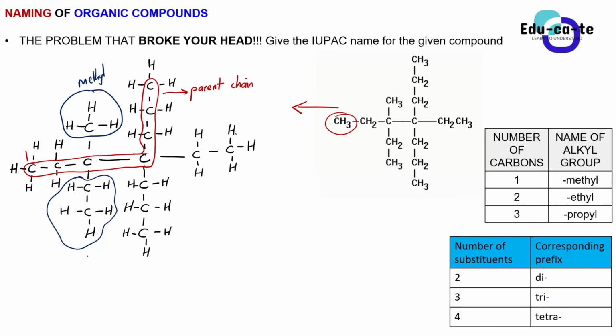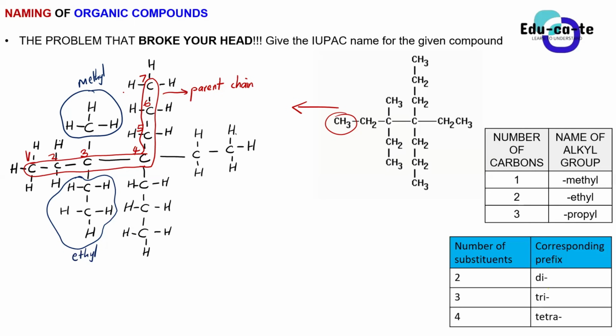So when we number the carbons, we must number closer to these branches, so that at least we can have a lower number on them. So this will be carbon 1, this is carbon 2, this is carbon 3, this is carbon 4, then we go up, this is carbon number 5. Carbon 5 is supposed to be here, and then this is carbon 6, and then this is carbon 7. So we're having 7 carbons in the longest chain. So we know that our name would have a hept in it later on. But now let's complete identifying the substituents.